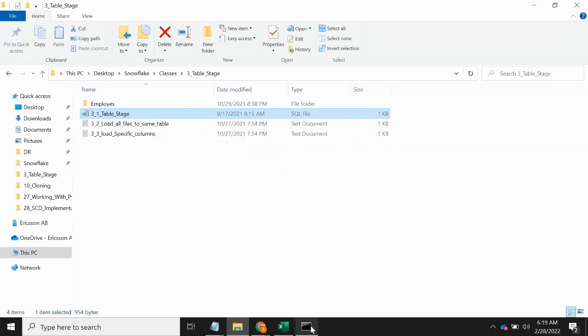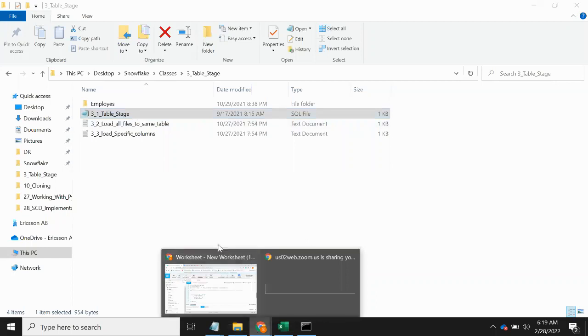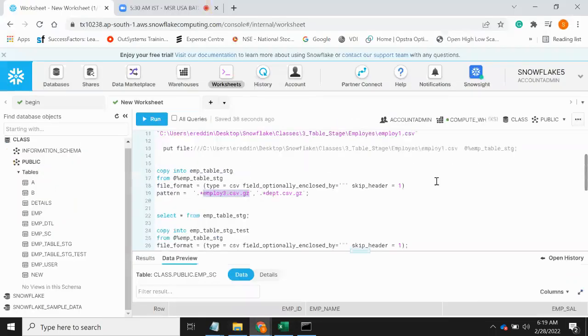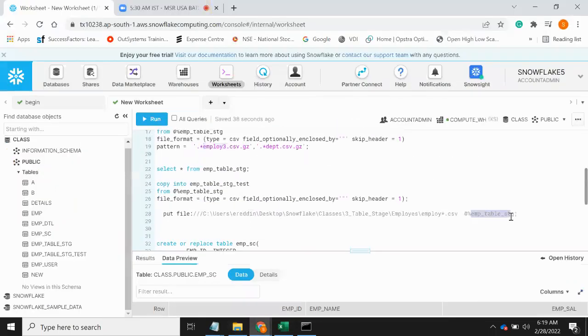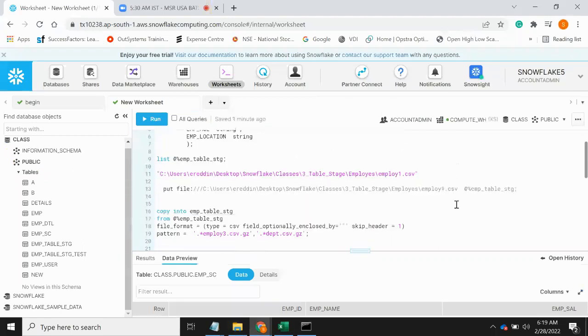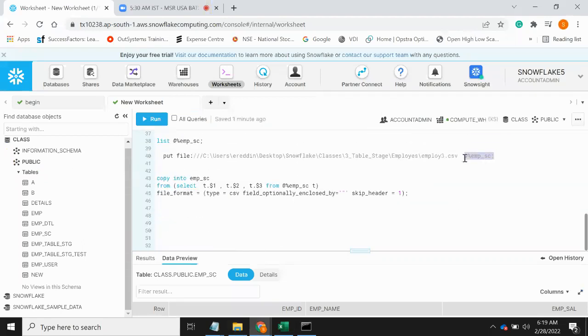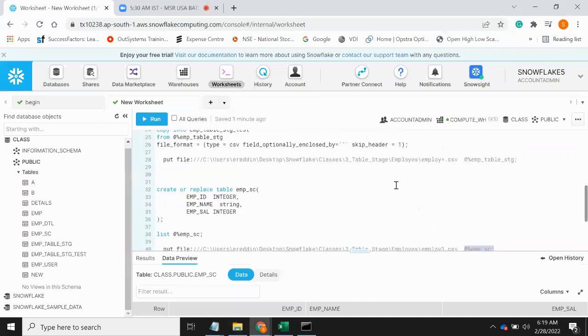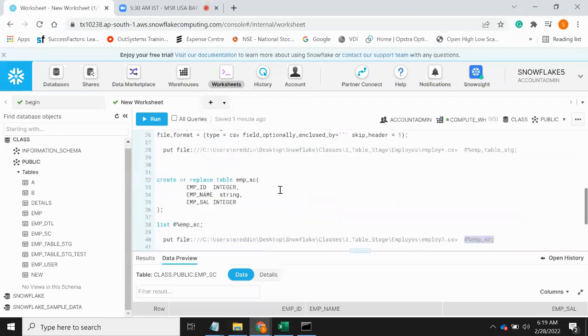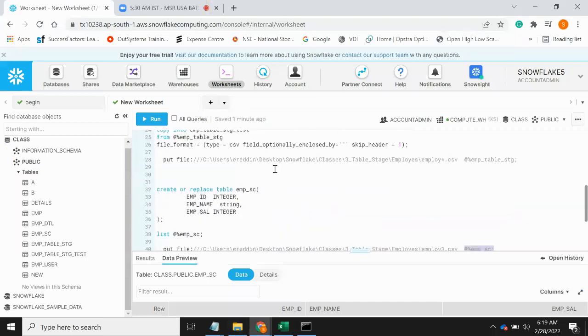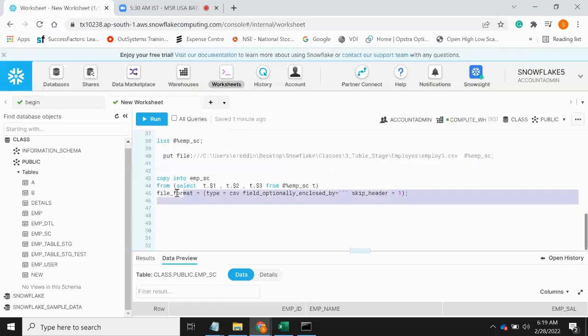That's why whenever we are creating a table, a new table stage, we are loading into the different table stages. See this one, right? Every time you create a table, we are using that particular table stage area. This is restricted to the table. And at the same time, we saw how to load multiple files and how to load the